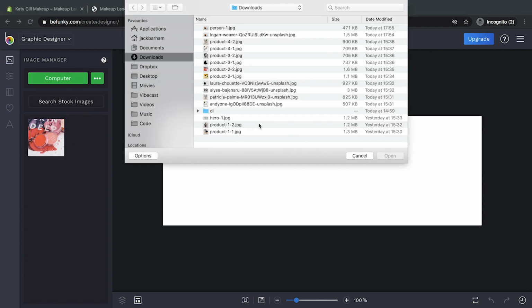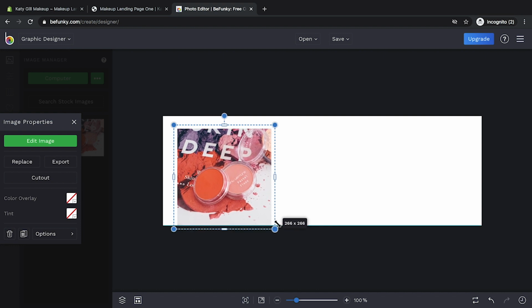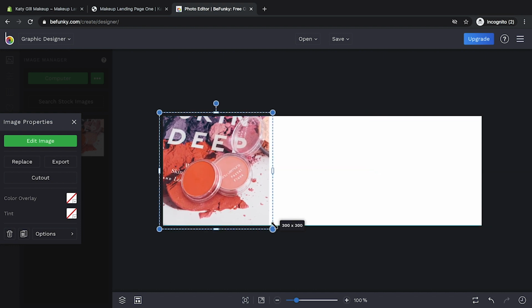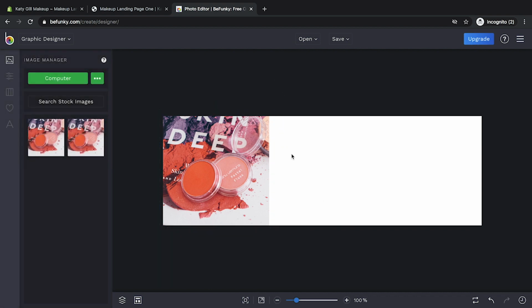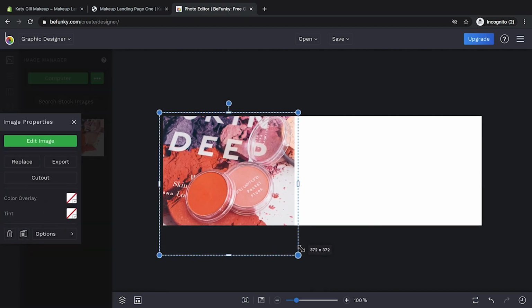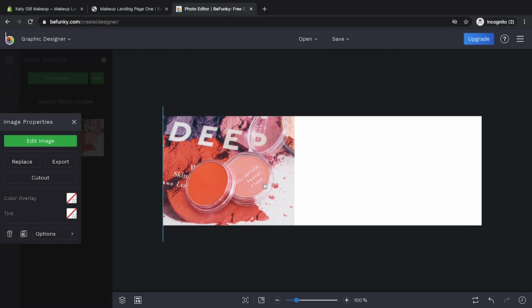Let's do it again. So we'll use this image, one of the product images that I kept earlier on, and then we just drag it over to here. Now what we do is we just snap it to the size to be square like that. What you want to do is keep it a rule of thirds. So imagine that this is divided into 3, and it just makes things look a little bit nicer. So let's just make this a little bit bigger, and we'll move it up to there.